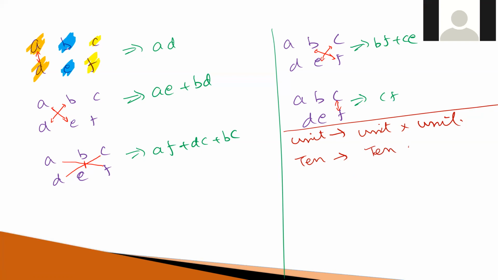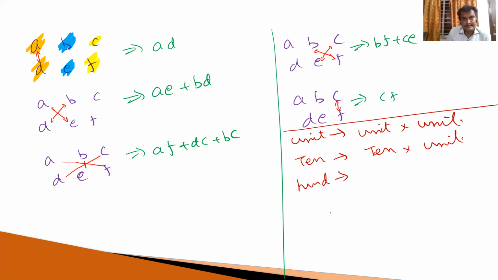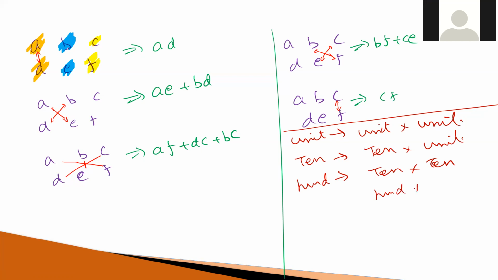Okay. When will you get the tens digit? Unit into tens, tens digit into unit digit or unit digit into tens digit. When will you get the hundreds digit? Tens into tens, 10 into 10. Any more? 100 into units. 100 into unit. Okay. Why? Because 200 into 3, 600. 400 into 4, 400 into 2, what are the 800? So if you want to find the hundreds digit, you need to multiply the tens digit with the tens digit and the hundreds digit with the unit digit.